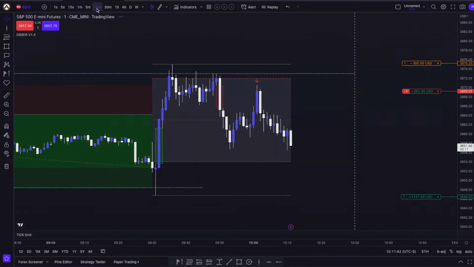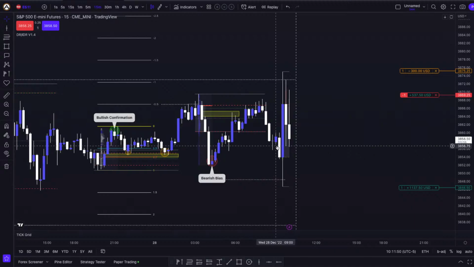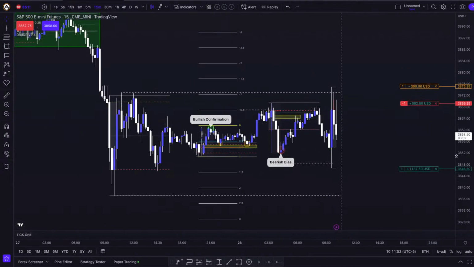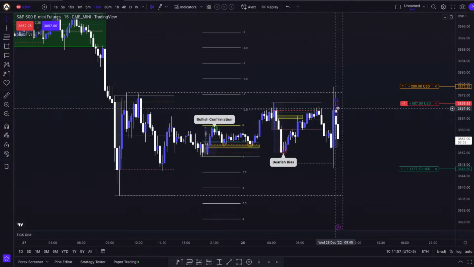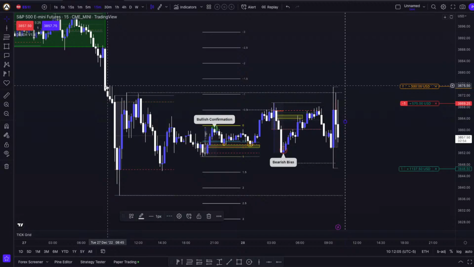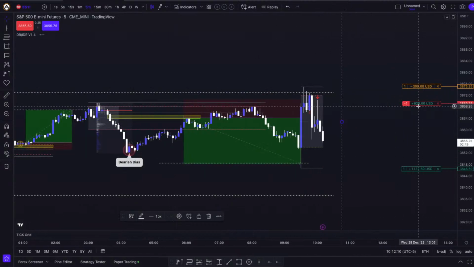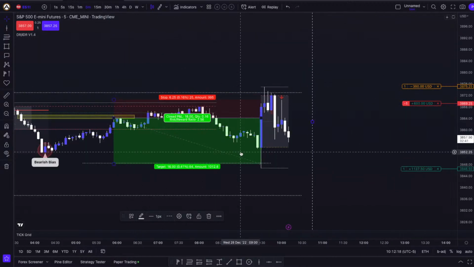M15 breaker. All right, let me pull it up. Yeah, you could argue that we're looking at a breaker block, but I don't know. Looks, at least to me, it doesn't look like this is very likely to continue further to the upside, even though we have this massive fair value gap that might want to be filled, but I don't know. I'm going to wait for the buyers before I'm placing another paper trade, or maybe even on my live futures account. I'm not sure about it, but as of right now, I wouldn't be looking for any trades